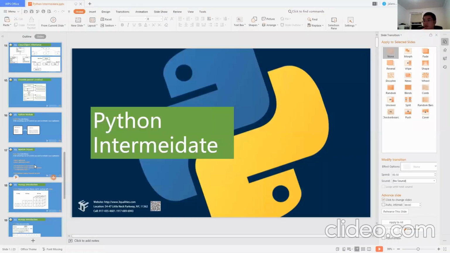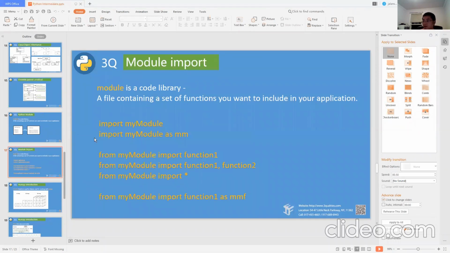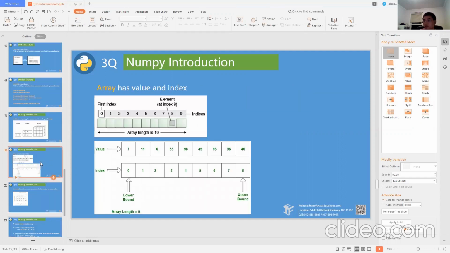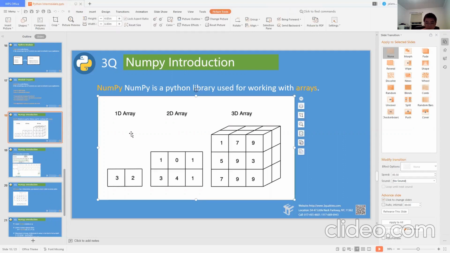Array is a data structure, okay? Not this module. Array is a data structure for storing data in a dimensional structure. What does it mean? It's working with arrays. Array can have multiple levels, okay? A little bit like a math related topic here, right? Array can have different dimensions. What is a different dimension?